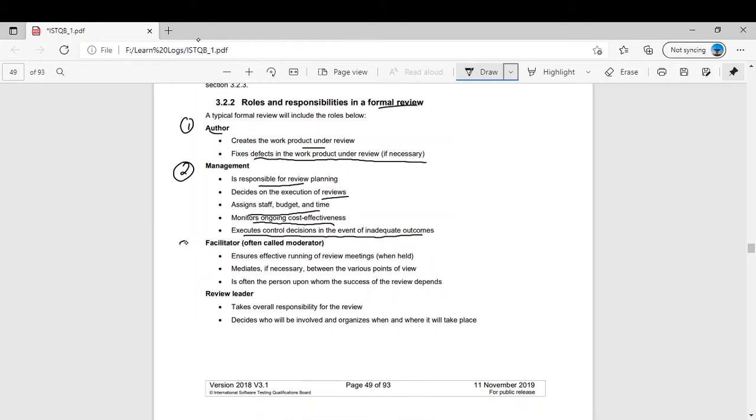The third role is the facilitator, also known as moderator. Ensure effective running of the review meeting when held. The moderator is a neutral person, a bridge you can say, between the reviewers and the author, and then they discuss it together. Mediates if necessary between the various points of view. If there are some conflicts, the role of the moderator is very crucial. He will keep things under control, and so this is often the person upon whom the success of the